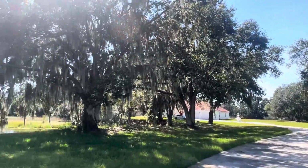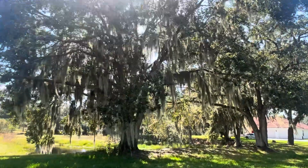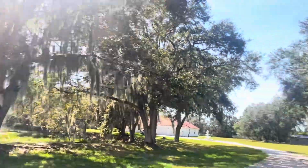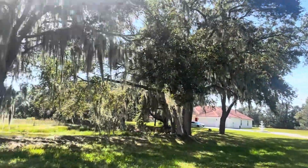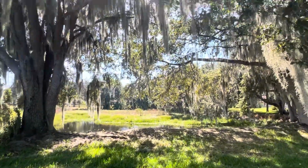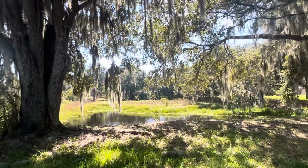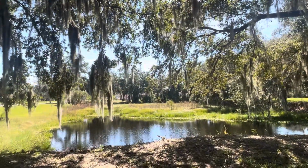One thing I will note about this property is I absolutely love the beautiful trees. It's absolutely stunning. Having a pond on the property, I know you asked about that when we were on the phone. And one thing that you'll just want to be aware of is with the pond,